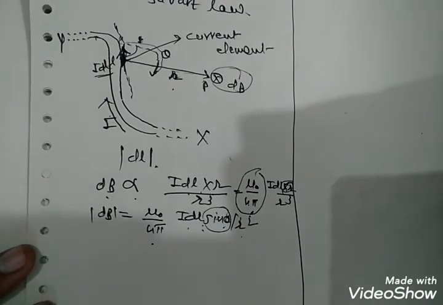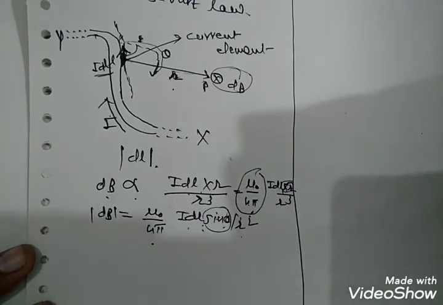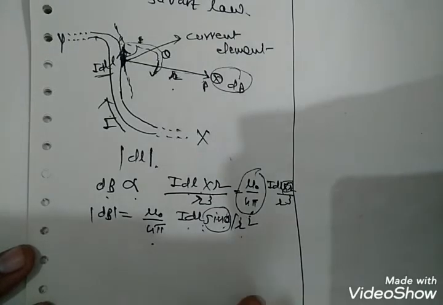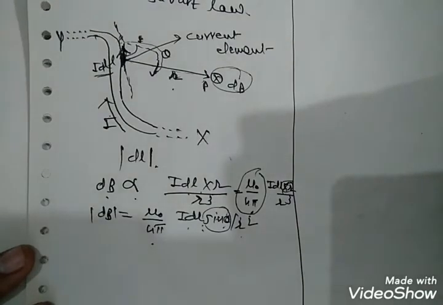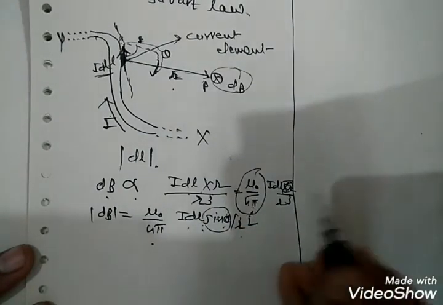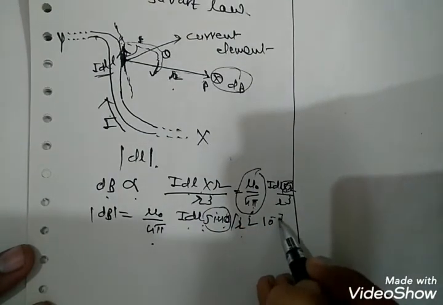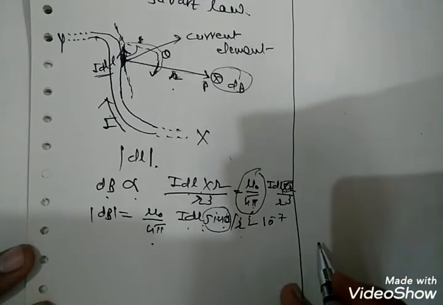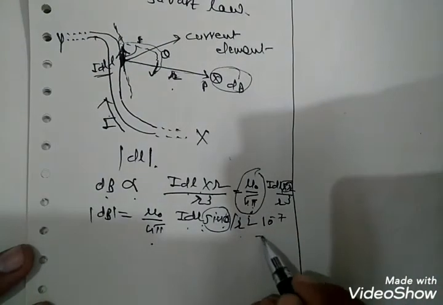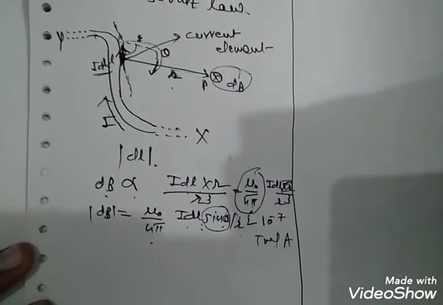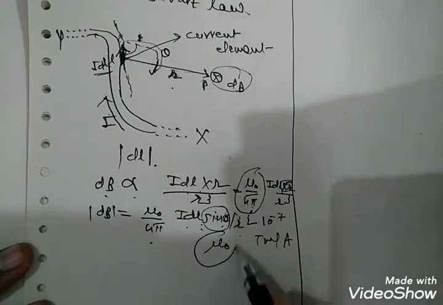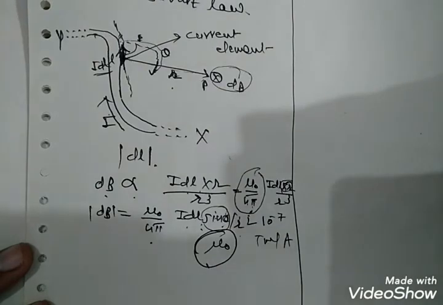Now we have used the property of the cross product. In our basic equation for magnetic fields, the proportionality constant in SI units has the exact value mu 0 upon 4 pi equal to 10 raised to minus 7 in SI units. We call mu 0 the permeability of free space.